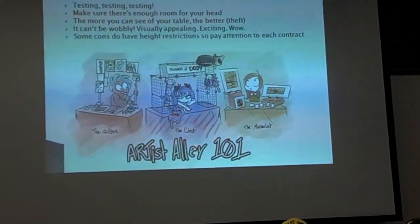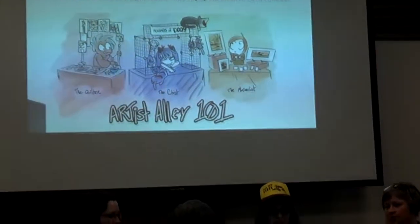Some cons have height restrictions, so pay attention to each contract. I know Otaku-Con, their premium section is 8 feet above the table, and their normal artist section is 5. And keep in mind,